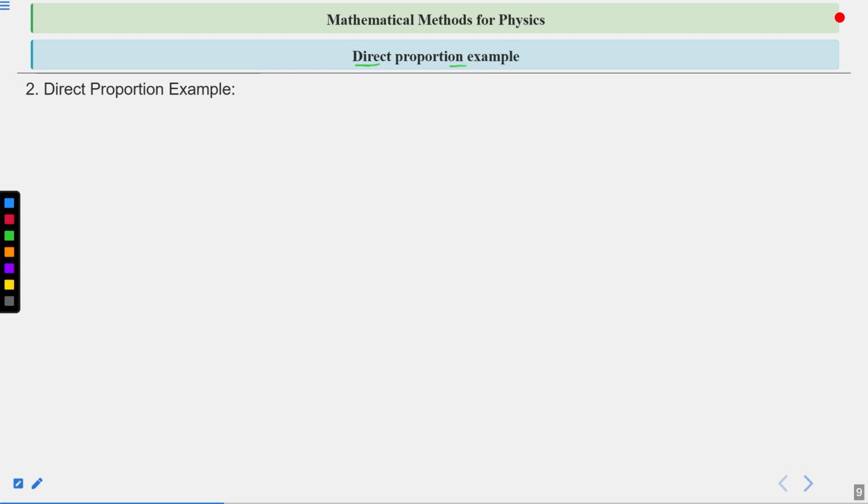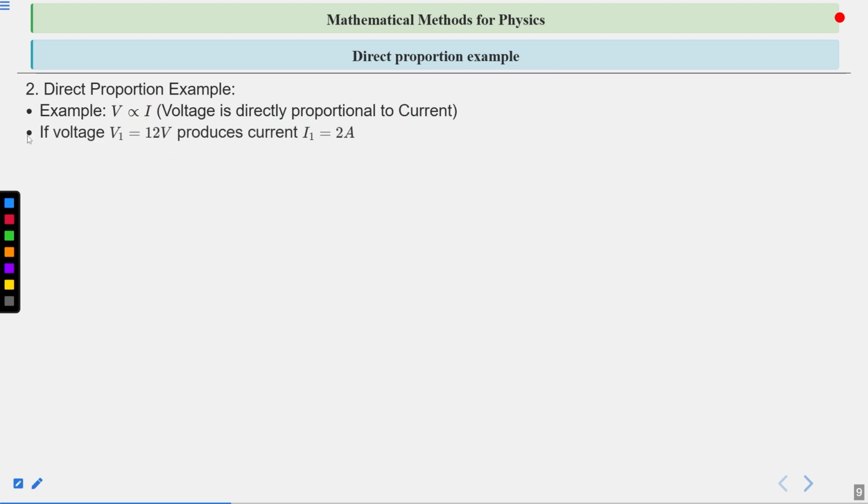Direct proportion example. V is directly proportional to I. Voltage is directly proportional to current. This is the symbol of proportionality. Here V is directly proportional to I. Listen carefully. If voltage V1 is equal to 12 volts, it produces current I1 equal to 2 amperes. Then for V2 equal to 24 volts,